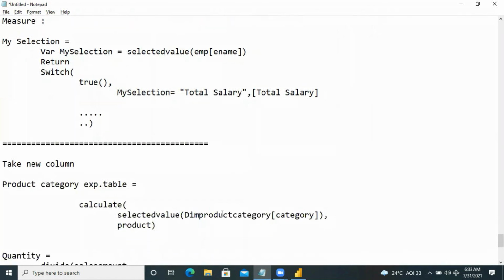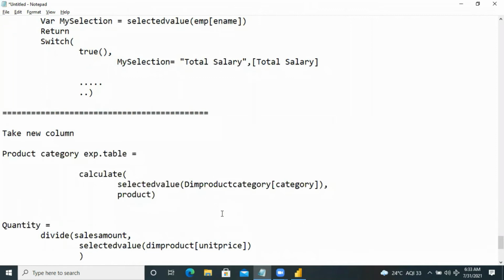In the same way, take the dim product category table in the Adventure Works database. Then create a new measure or new column. Then apply the CALCULATE function with SELECTEDVALUE. The DAX functions are sum, average, count, min, max, like this.